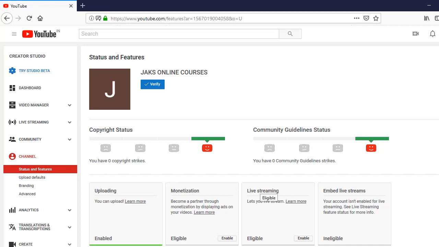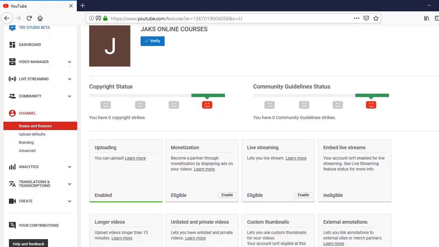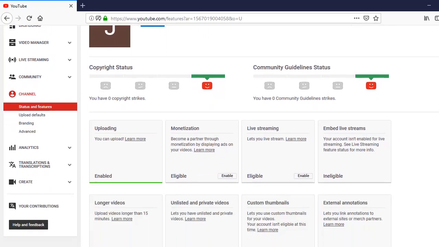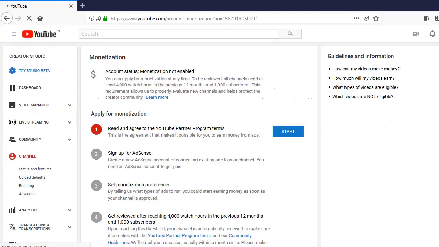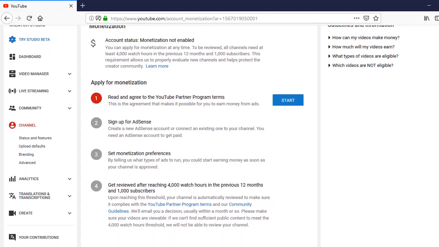Then create the YouTube channel, YouTube videos. Uploading is enabled. So now we will be enabling monetization. Enable. Then these are the 4 things you are getting to apply for monetization. First is read and agree to the YouTube Partner Program terms.